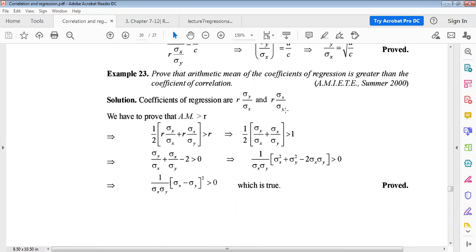Another one: prove that the arithmetic mean of the coefficients of regression is greater than the coefficient of correlation. Arithmetic mean you have to find out. We already know the coefficient of regression on y will be this, and on x will be this. So we have to prove that the arithmetic mean is greater than r. Arithmetic mean means this plus this divided by 2 greater than r. That means half of this plus this. So taking r common, r will be cancelled. So this minus 2 greater than this, and this can be written as